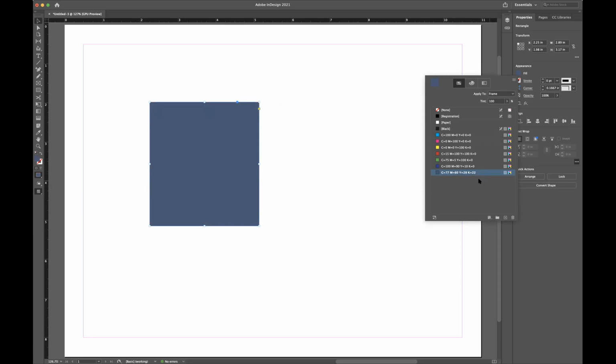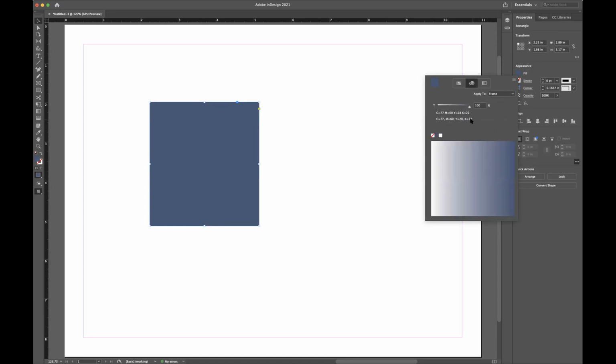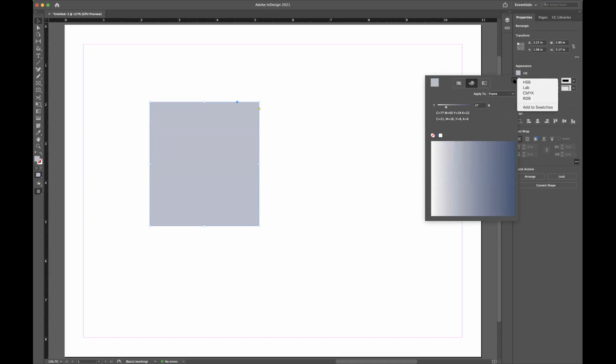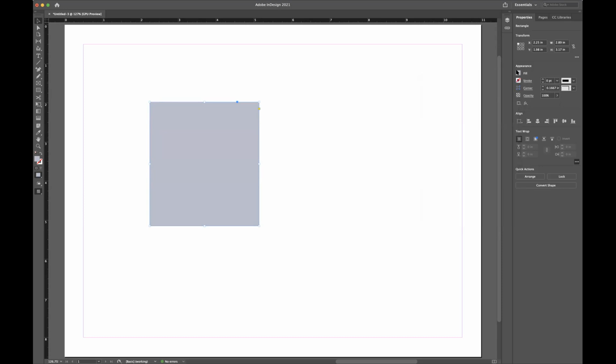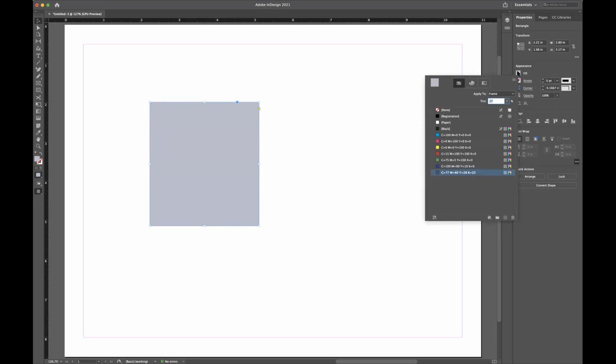If I want tints of that color, I go up to the palette here and I click, and you'll see that I can get tints of that color. I can select in here like that. Say I want that particular tint. Hit return. It's filled with that. If I go here,